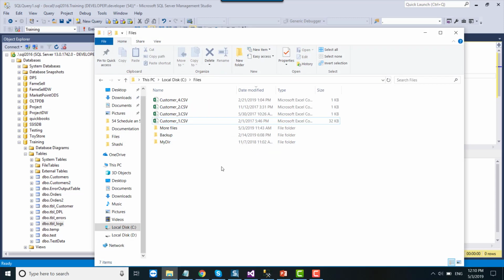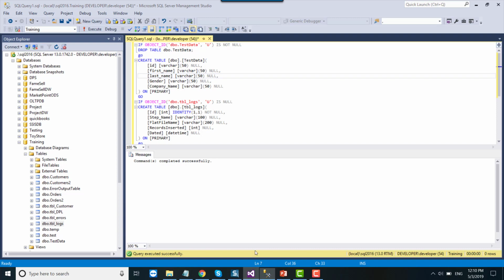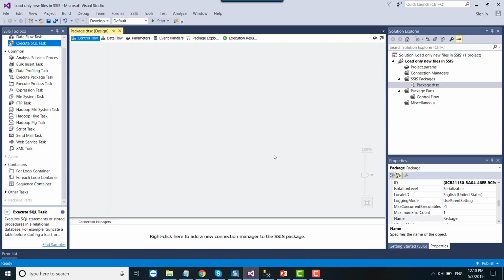Right now we have four CSV files at this particular location, C files. Using an SSIS package, we will be loading all files from this location, and then we will try to add more files to this location, and then we will see that only the new files should be loaded. Okay, so let me jump to the SQL Server Data Tools 2015 that I will be using to create